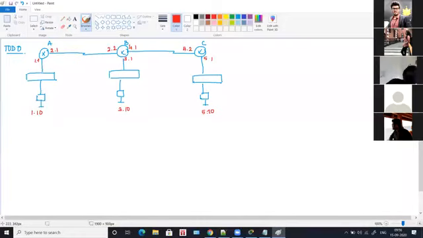Now, EIGRP configuration, you have to do it in all 3 routers. Just like how you did static routing for all 3 routers, you're going to do it for EIGRP also. And the command is very simple. The command for EIGRP, you have to configure in command line only. You cannot do it in graphical user interface. Normally how you assign IPs, you go into configure terminal mode. The same way you have to do.